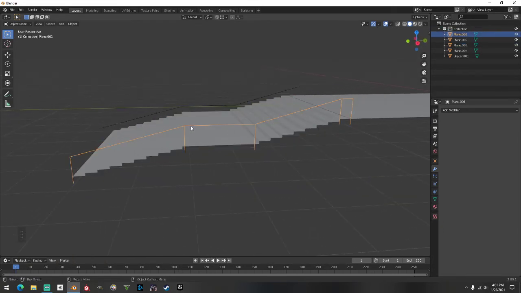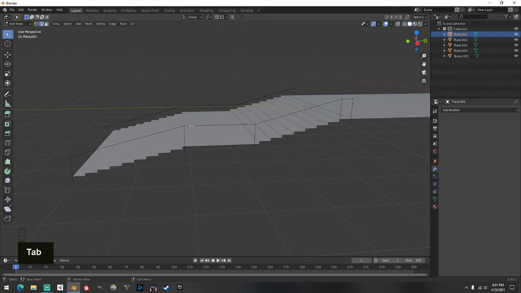Make sure it's selected. Hit Tab to go into edit mode. Then you want to go to edge select. You want to click this first one, shift click this, and click that one. Just these posts. You don't want to click the two outside posts of the rail. You just want to click any of the inside. If there were two here, three here, one here, you want to click all of these, but you don't want to click the last ones on the outside. Click those, hit P, select,